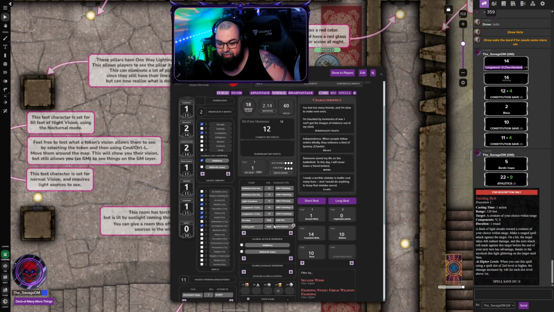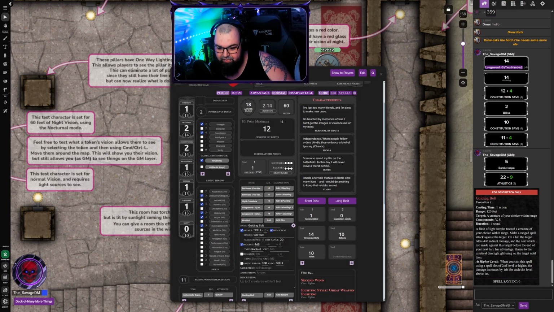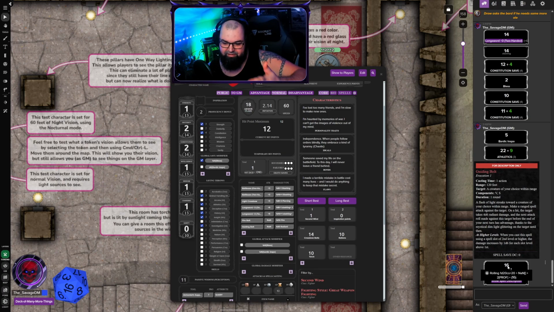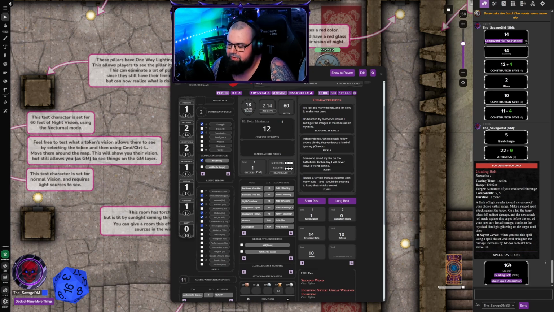You can see here that because this character's a fighter, obviously he doesn't have any... it's not going to use his spell, so we're just going to come down here. And when you click on it, it will roll the number on the dice. Now, because he doesn't actually have a spellcasting modifier, that's what the NaN is about. But a 16 still, so it's same as with a regular attack. You then can click